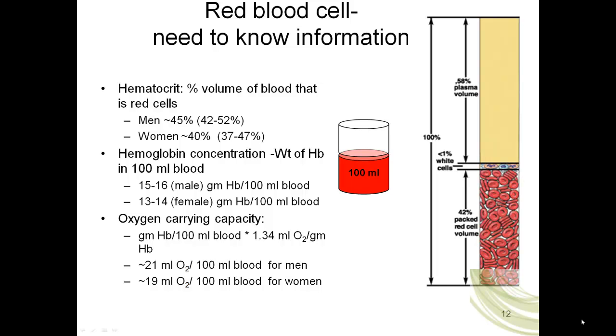Moving on to our second session, I'm now going to cover some red blood cell indices, or statistics on red blood cells, as my students like to call them, that you should know as future healthcare providers. First of all, the first one I'm going to cover is hematocrit. This is a ratio, a way of describing the percent of red blood cells compared to the overall total volume